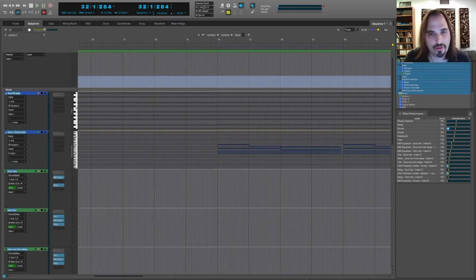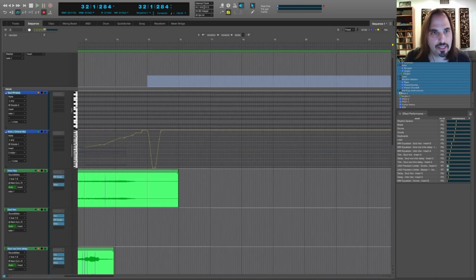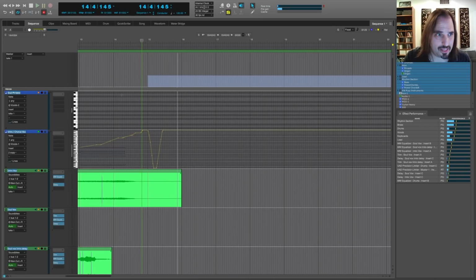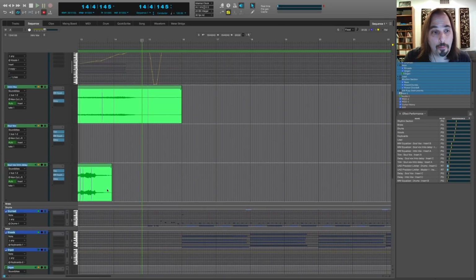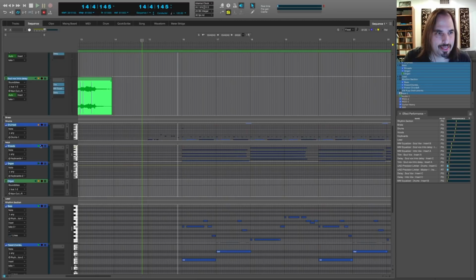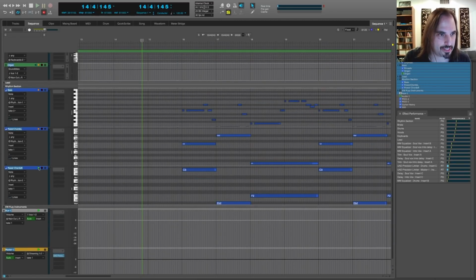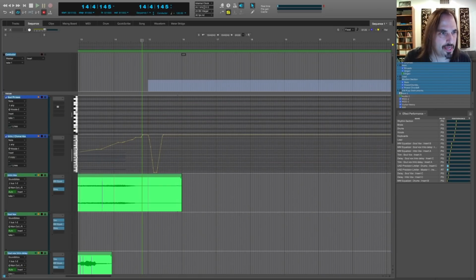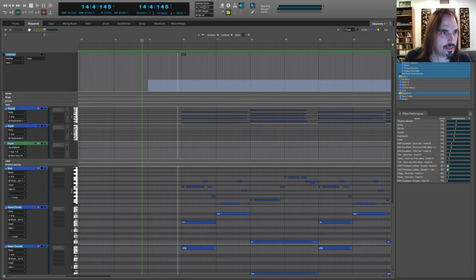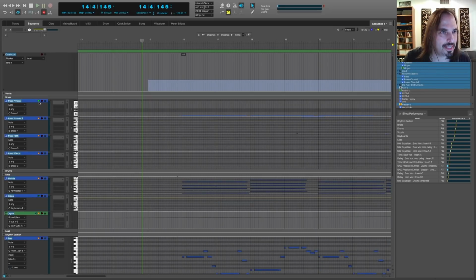But before we go to the verse section, there's one more element that we haven't talked about, and that's the brass, the pop brass. And we're going to get to that in a second. I'm going to unmute those or mute those actually. And we're going to go here and we're going to open up our brass and we're going to start listening